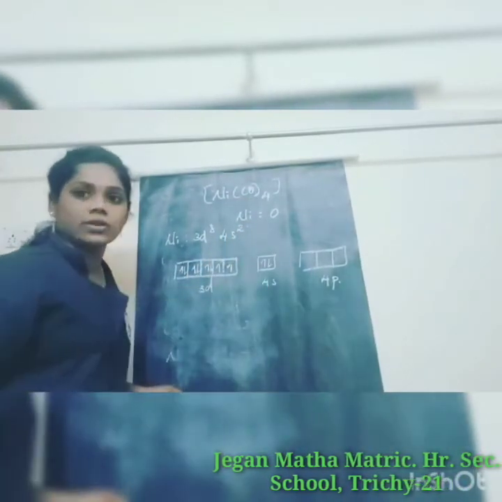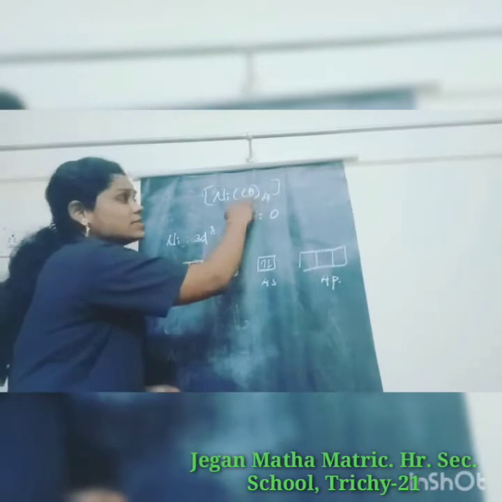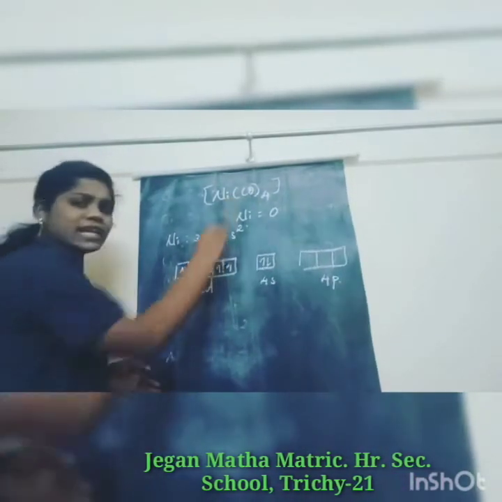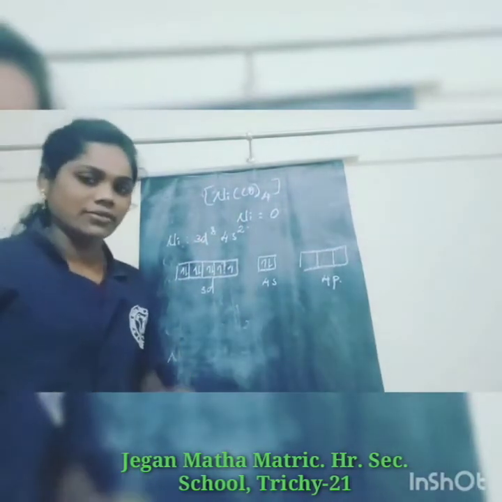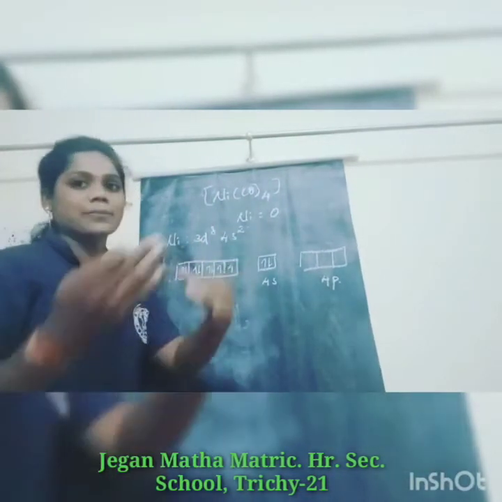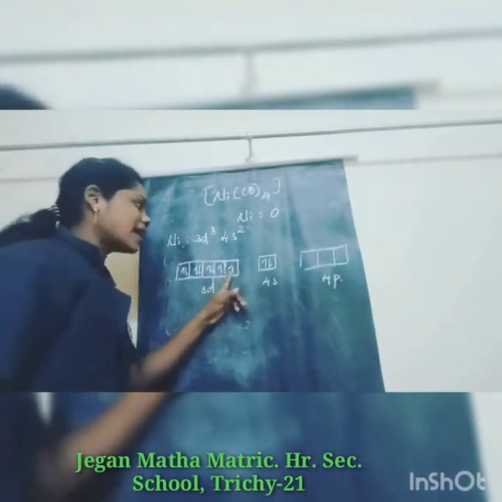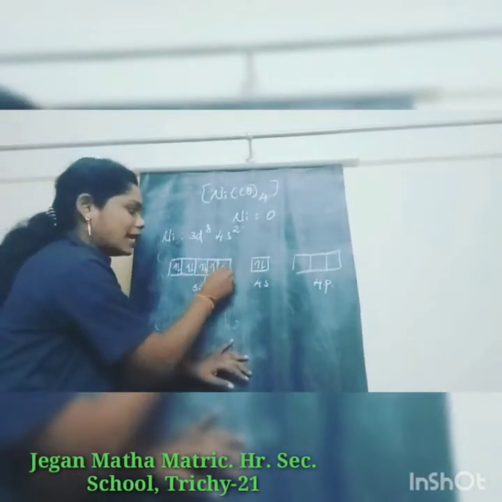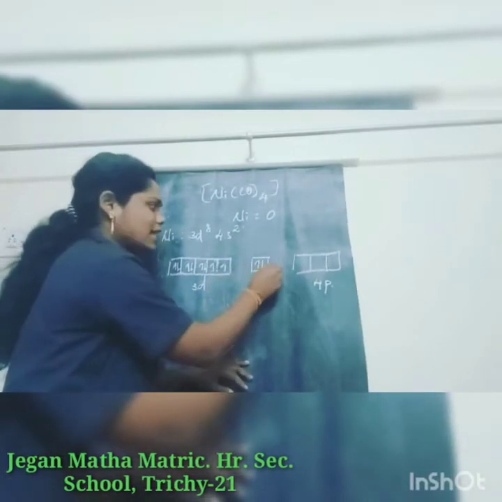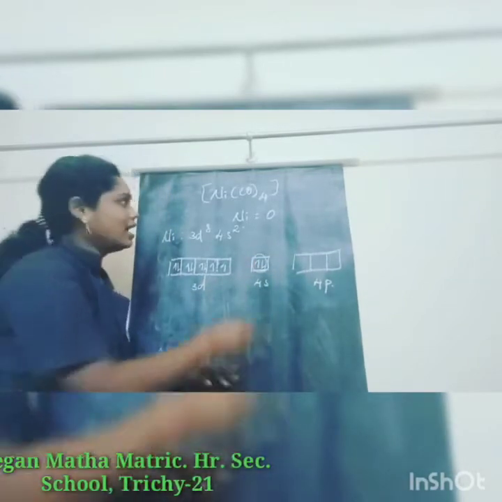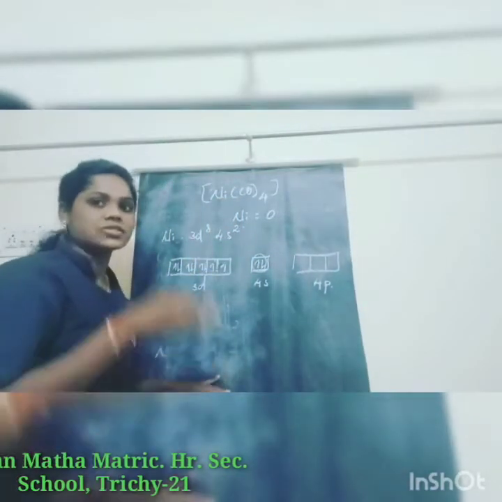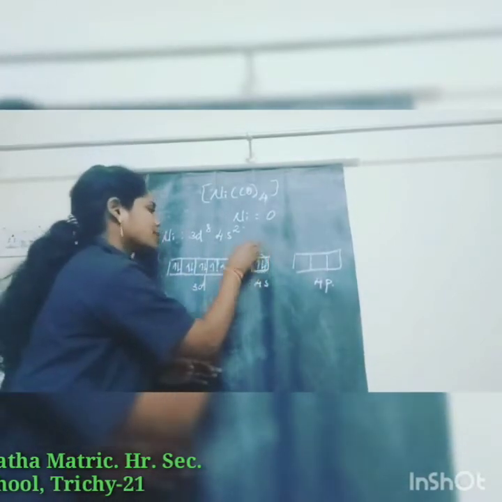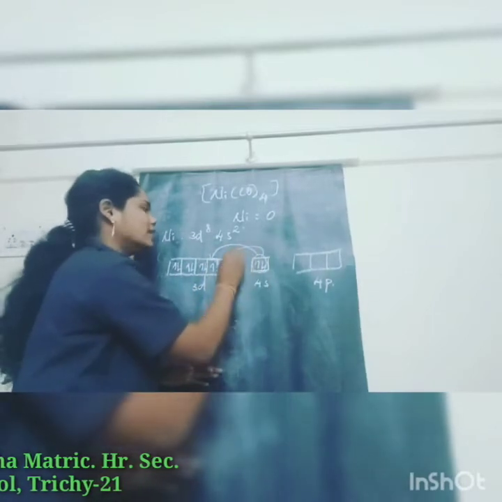Here carbonyl is the ligand, and 4 carbonyl ligands are present. Carbonyl is a strong field ligand. What is the purpose of a strong field ligand? If unpaired electrons are present, the strong field ligand forces them to pair up. Here two unpaired electrons are present, and carbonyl, being a strong field ligand, pairs them. One electron comes here and another one here.